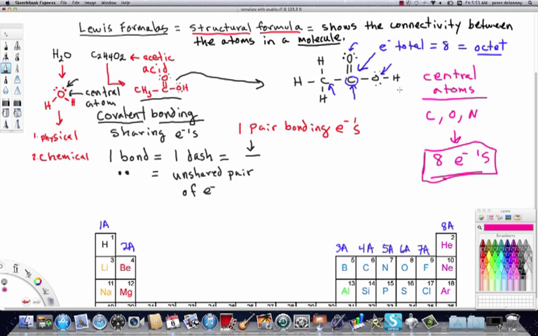Now, when we look at hydrogen, you can see in every single one of these cases, if we come back over here and look at the water molecule, that the hydrogen is never bonded or next to more than 2 electrons. Okay, so for hydrogen, and this is also very important, hydrogen is always going to be bonded to no more than 2 electrons. No more than 2 electrons. All right, now